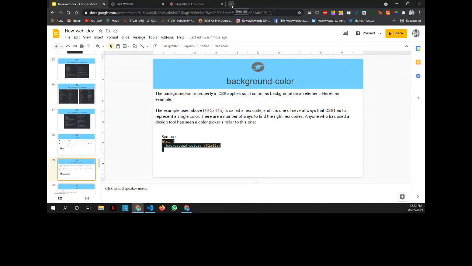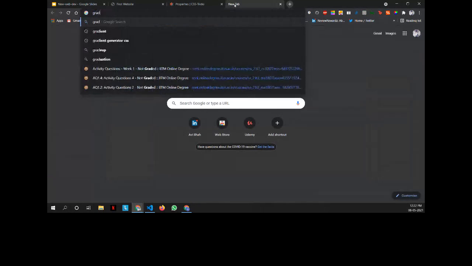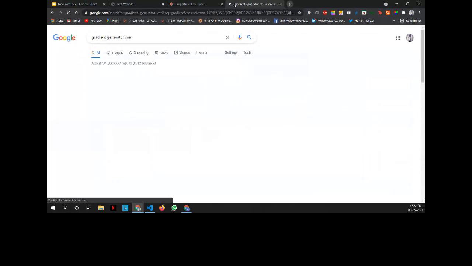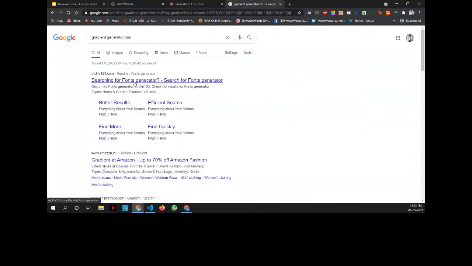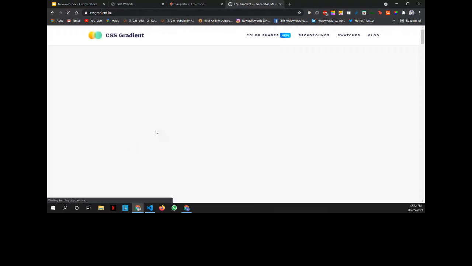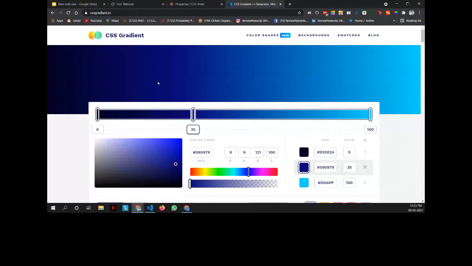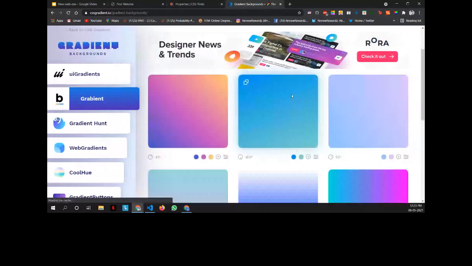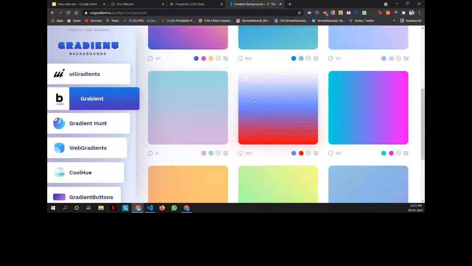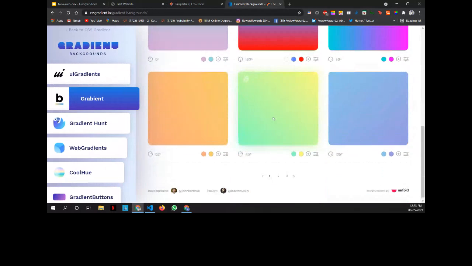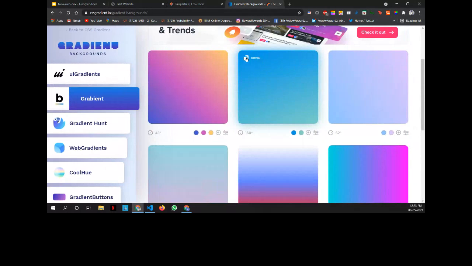Okay. So guys, one more addition to background color. I don't know if you are familiar with the thing called gradient. A gradient is a special background color type in CSS. I'll give you a demo. You see this background color, and it looks nice, right? If you have to give a black background, then this looks very nice. So I'll show you different types of gradients. These look very nice, so I'll just click on this and copy the CSS part.